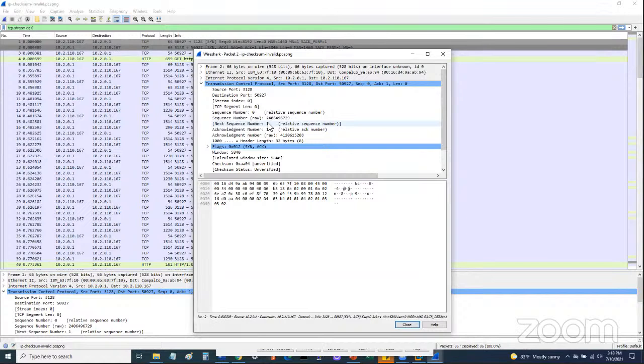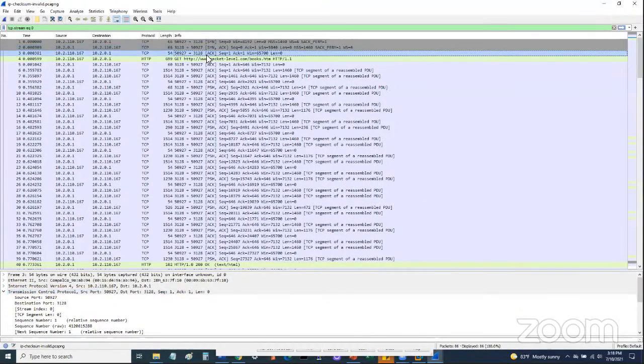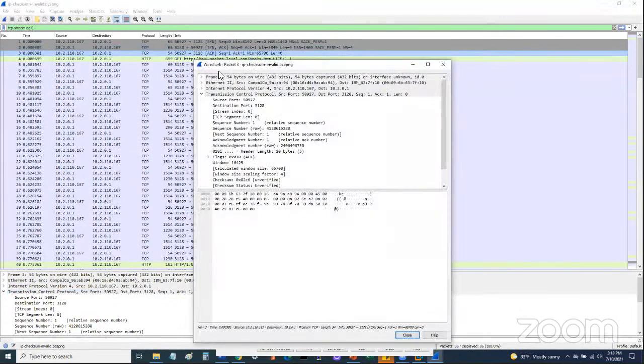Right. So because this sequence number started at 0, I'm sending off a SYN, for example. Someone is going to send back a SYN-ACK, right? But again, their sequence number is not going to be the same as mine. Their sequence number is wherever they're starting at. So in this case, they could be starting off at 0 also, right? So the next message that I send to you should have the next sequence number, which is number 2 in the sequencing. So each packet in the conversation increases the sequence number by 1.